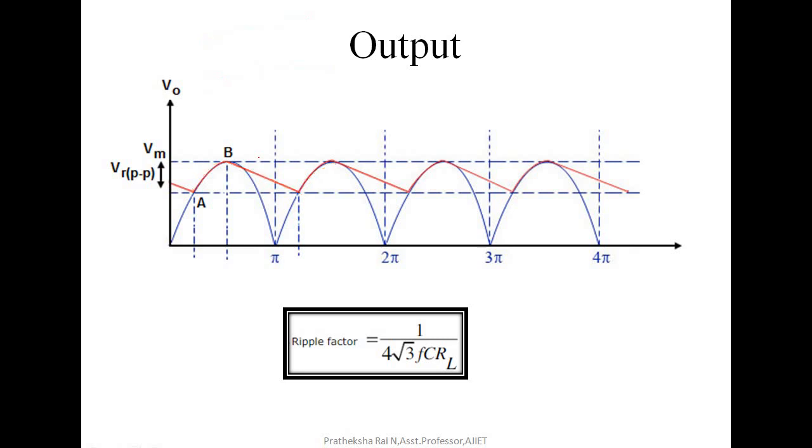So in this session we have studied how a capacitor filter is used to reduce the ripple content, how the capacitor works when the diode starts conducting and when it goes to off state, and how it discharges, and because of the time constant, the discharging time is very slow. Also we have seen the formula for calculating ripple factor is 1 by 2 root 3 FCRL in case of half wave rectifier, whereas in case of full wave rectifier, both bridge and center tap, we use the formula 1 by 4 root 3 FCRL.